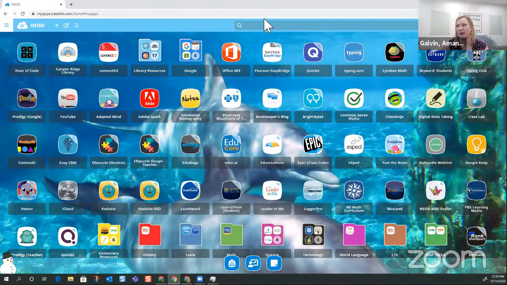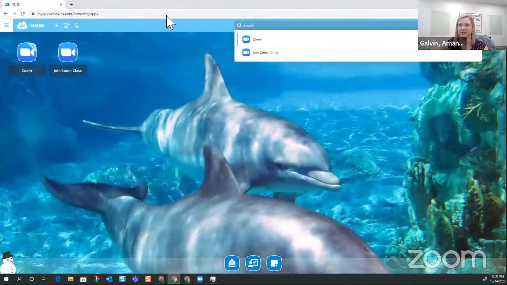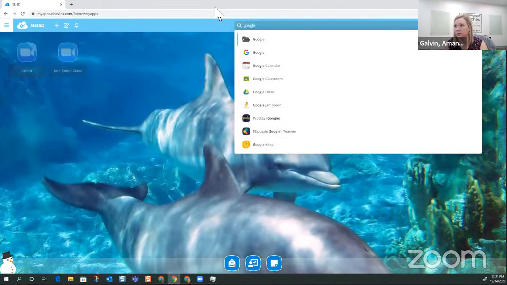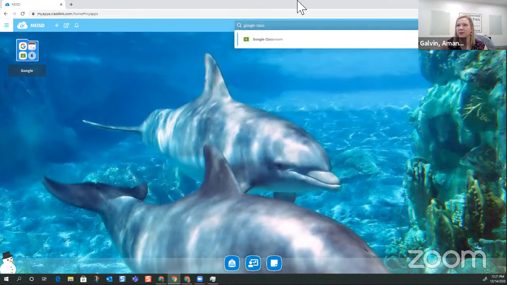apps and auto launching apps. So, apps that you use frequently. You'll notice that Google Keep is over here. That's the one that Lisa talked about before. But I know that Zoom is going to be one that your child uses often. So when I do Zoom, I can bring that one up here as an app, or Google Classroom. When I bring it up, it doesn't bring the app up, but I can see it housed right here in